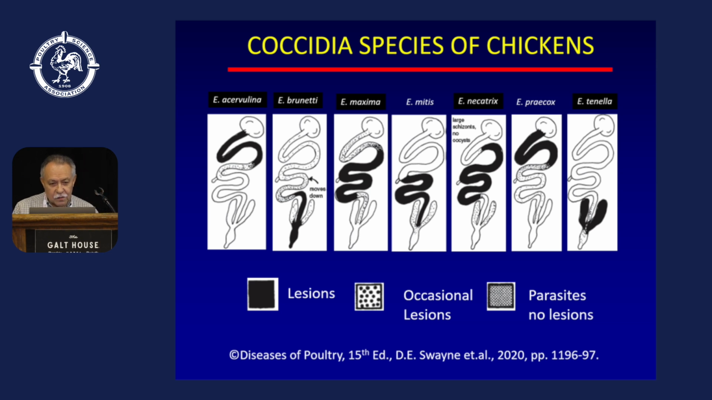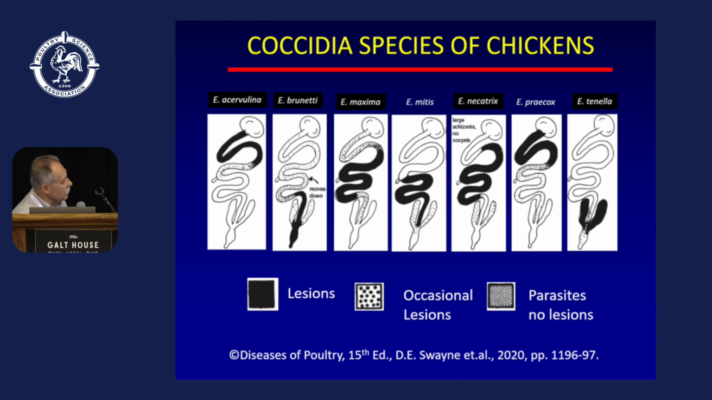There are 7 universally recognized species of chicken coccidia. These are listed here. The ones I highlighted with a black background, Eimeria acervulina, brunetti, maxima, necatrix, and tenella, produce distinctive gross lesions that we can find in the GI tract. This round structure represents the gizzard. This represents the vent. So as you can see, acervulina infects the proximal small intestine, brunetti the distal small intestine, the colon, the rectum,